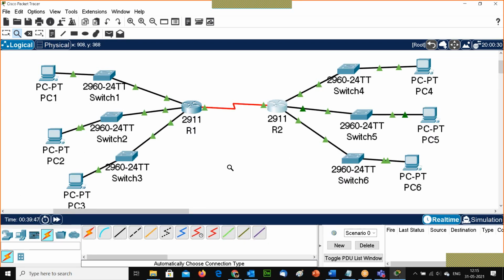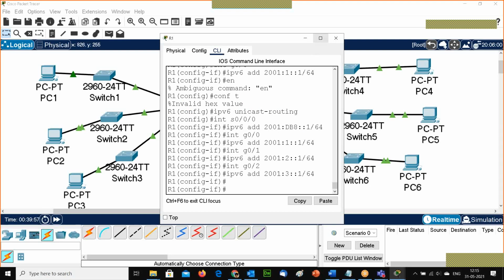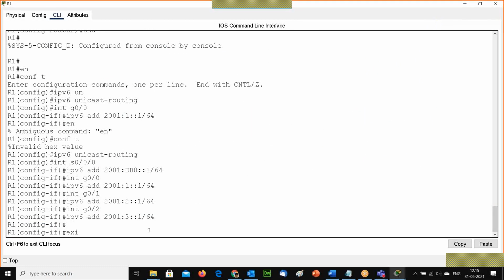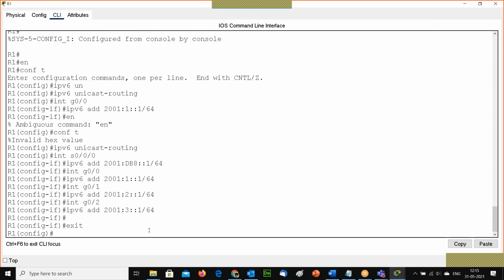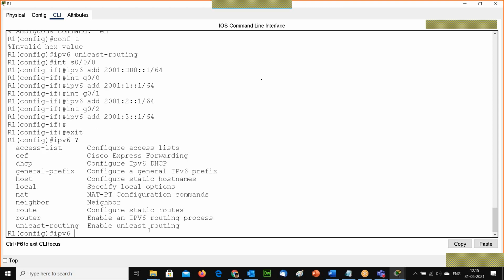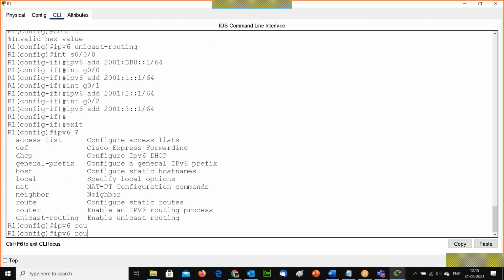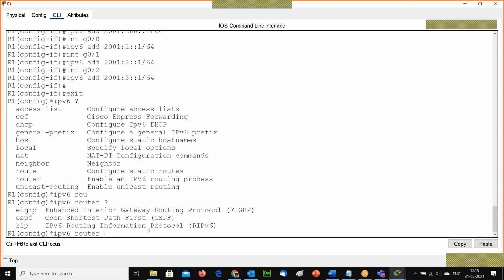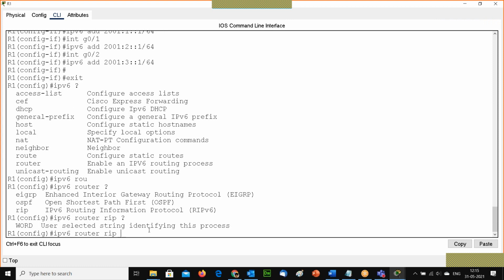And now what we need to do is activate RIPng. To do so, I have to go to R1, then start the configuration of RIPng. So I can type ipv6 router rip, then I'm giving a name.